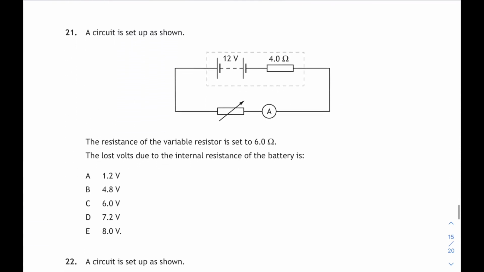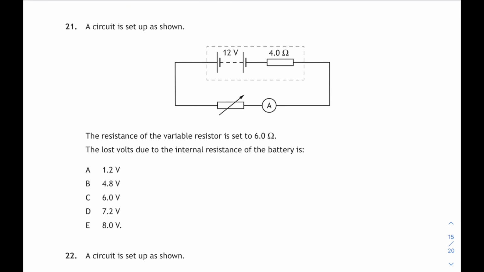Moving on, question 21. The circuit is set up as shown, and the resistance of the variable resistor is set to 6 ohms. What's the lost volts due to the internal resistance of the battery? Well, the total resistance of the circuit is 10 ohms, so we can work out the current from the battery just by using Ohm's law, I equals V over R. So V is our supply voltage, that's 12 volts, and R is the total resistance of the circuit, that's 10 ohms, so the current will be 1.2 amps,